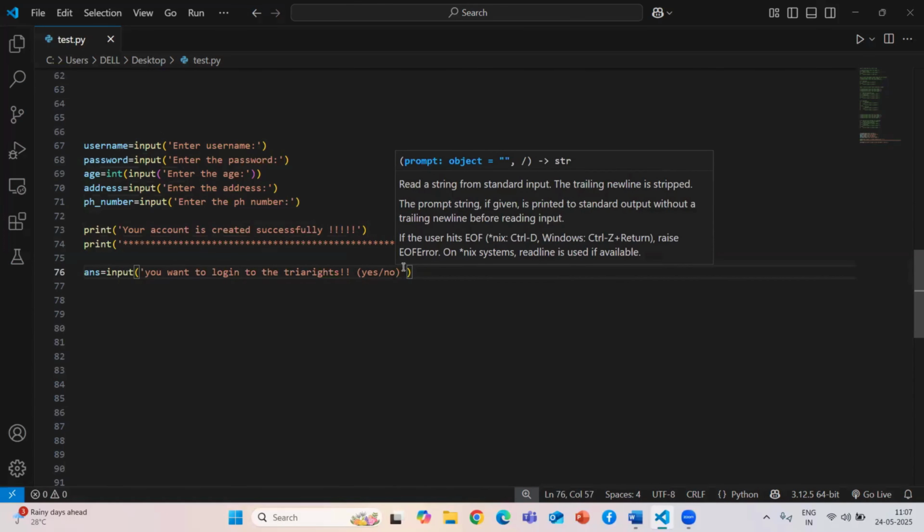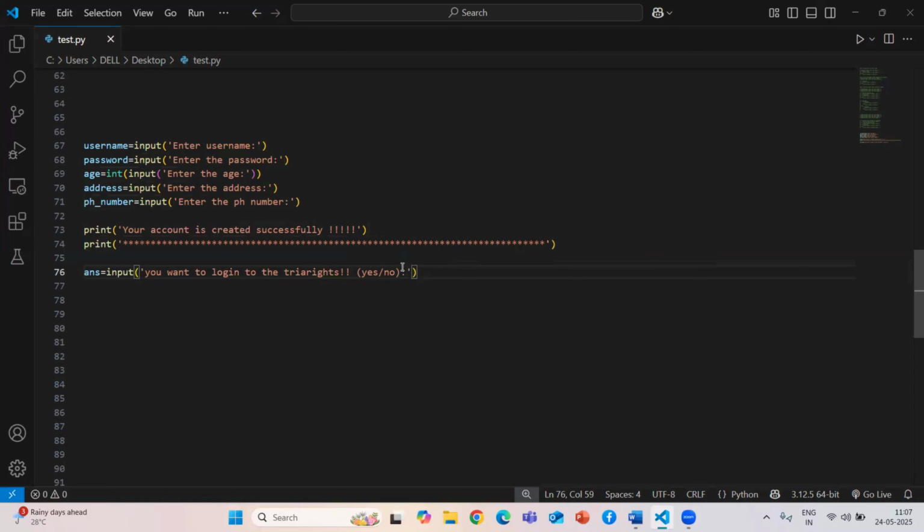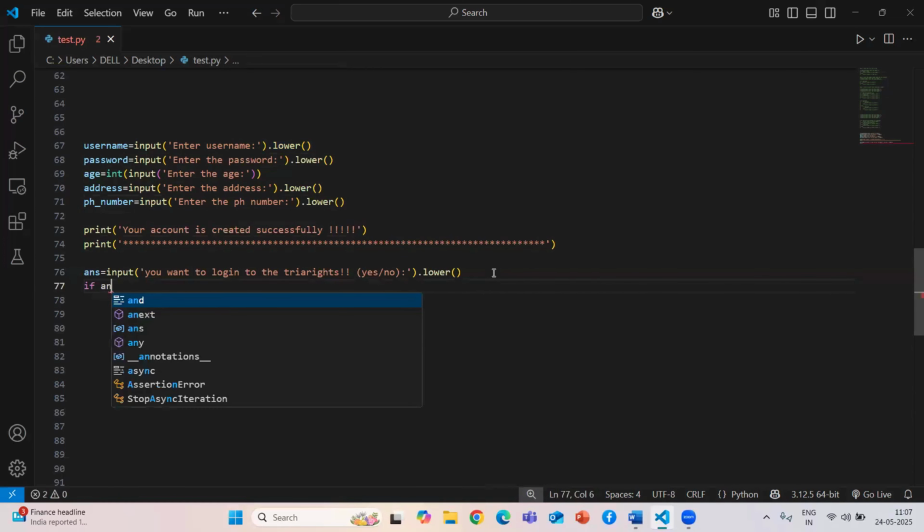Okay, so if you know that while you are dealing with your login and sign up option, this is case sensitive. If you are giving the case as lower, you need to pass it as lower, but in my case I don't want that, so I'll be using the lower string function. It will help convert whatever you give, and in the database it will be stored in the form of lowercase. Okay, it doesn't compare to your existing data. So if the answer is double equal to yes, then only we can